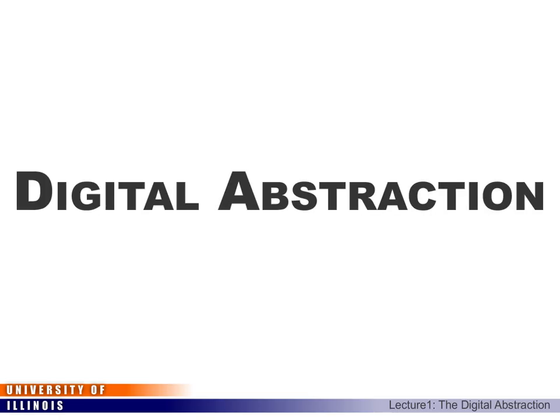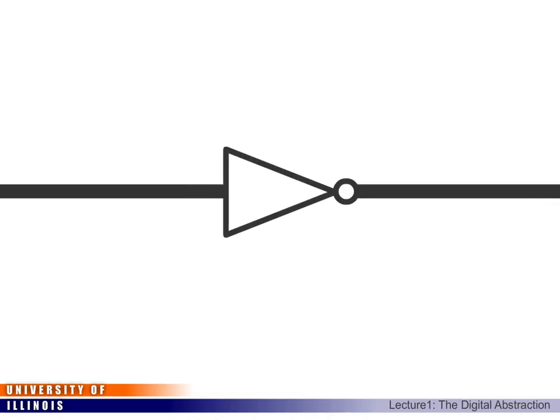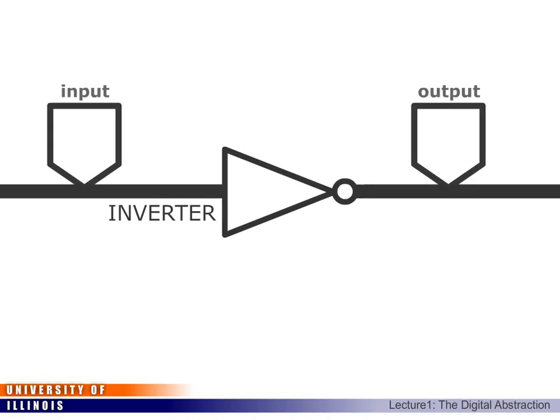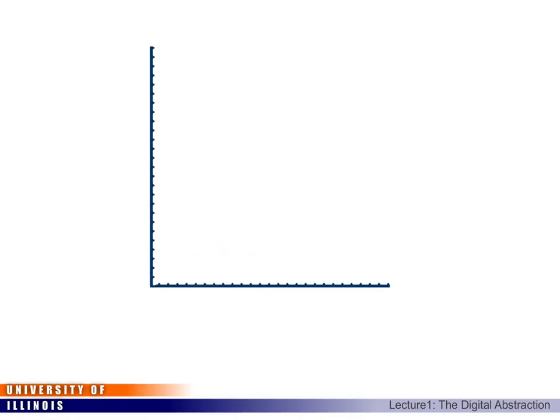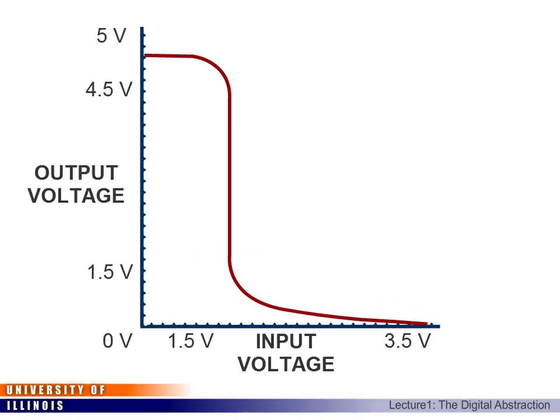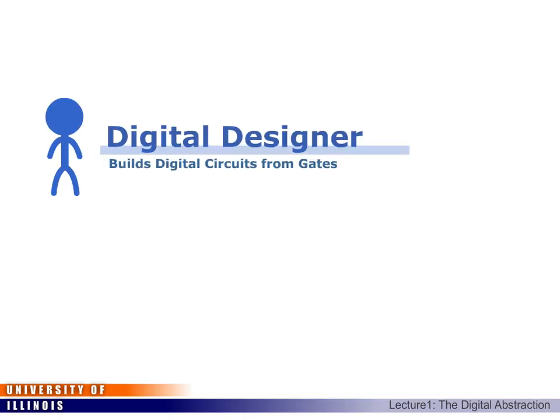An abstraction is a mental model that retains relevant details while omitting the less relevant ones. For example, consider a component called an inverter. An inverter's digital behavior is to output a 1 when its input is a 0, and to output a 0 when its input is a 1. While these 1s and 0s are represented by electrical voltages in the circuits that make up the inverter, the digital abstraction permits digital designers to ignore those voltages and consider the inverter solely as a component that inverts its digital input to produce its digital output.